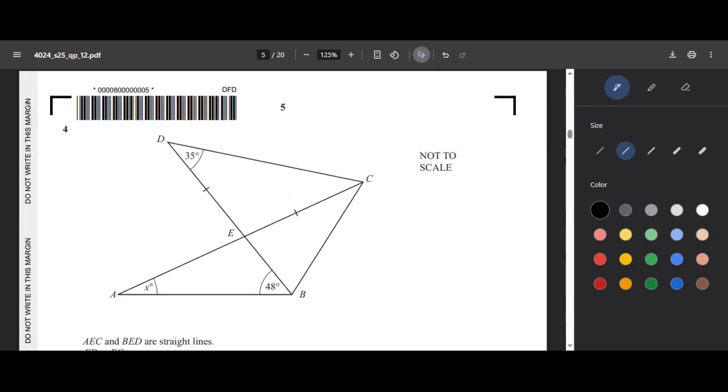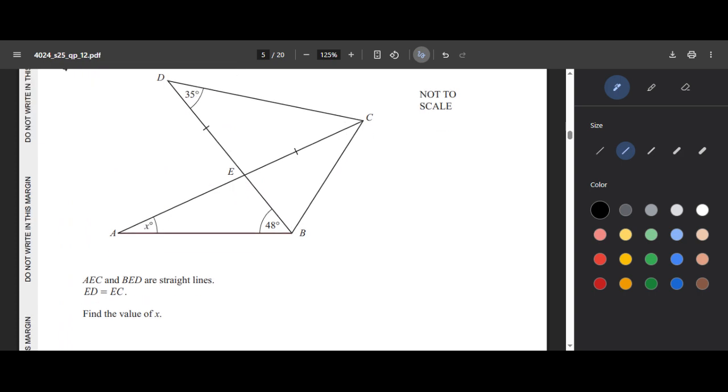Now, in this question, he is asking for the value of x. You know that the sum of the opposite interior angles of a triangle is equal to the exterior angle. So if this is your isosceles triangle, the opposite angles will also be equal. This will be 35. The sum of these two will be 70 here, and this is also the sum of these two angles because this is the exterior angle of this triangle.